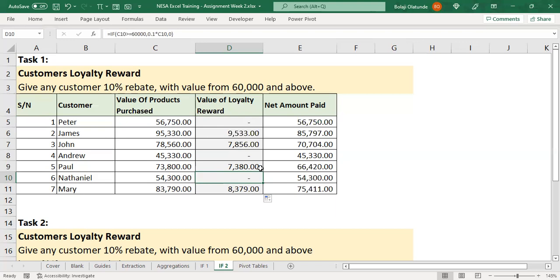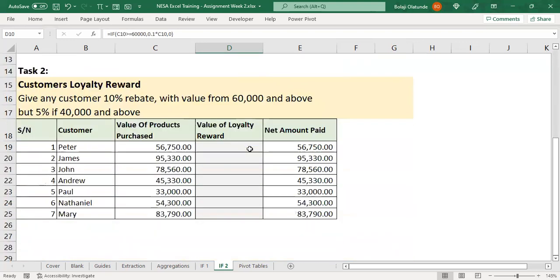So let's look at the next example. Many of us didn't do it like this, but that's the essence of the class. We're learning. So let's look at the next example. The next example is also a customer loyalty reward, but with a slightly more